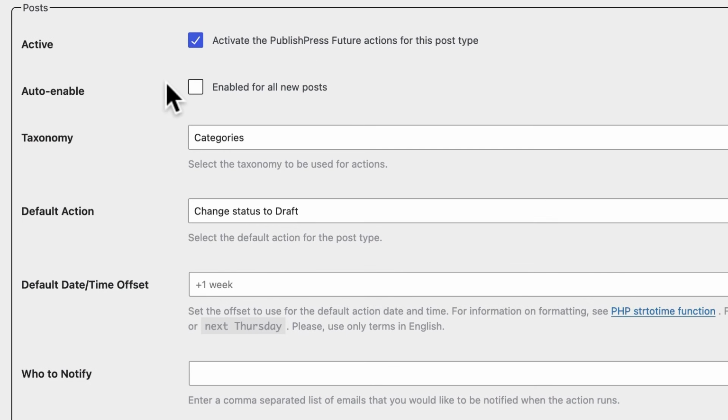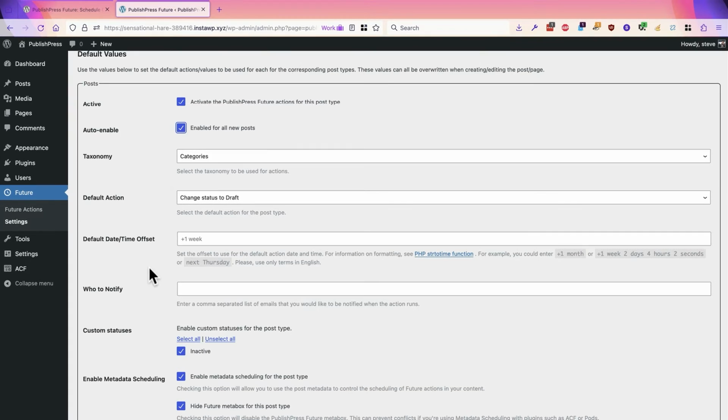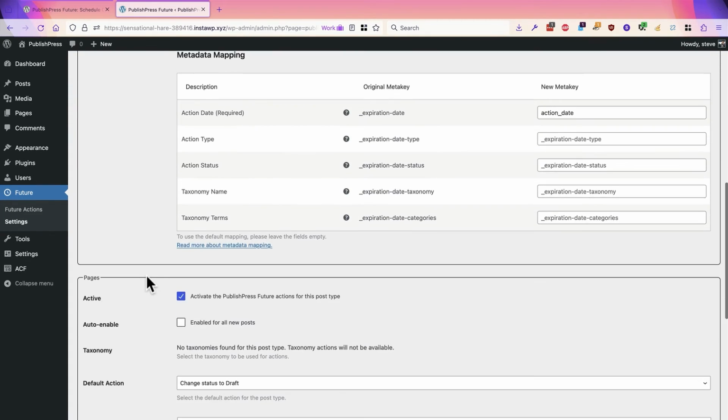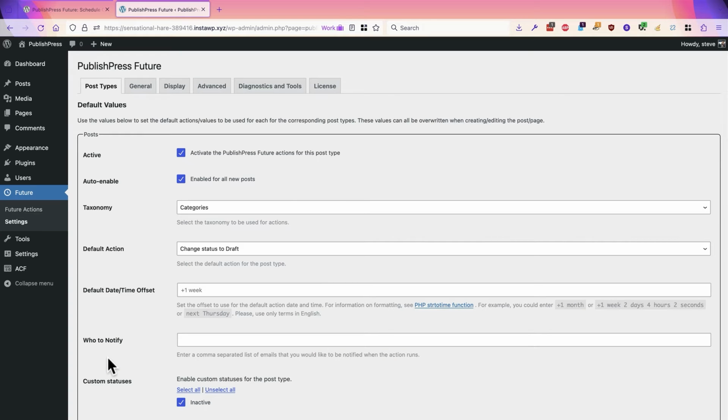Also, I'm going to enable this automatically. So if I do have some low-level users who are updating content on the site, this PublishPress Future setting is going to be enabled automatically for them. They won't be able to change it except for what's available in the ACF field. So this gives me quite a lot of control over exactly what PublishPress Future can do to the posts on my site. I'm going to go to the posts area, click Add New Post,